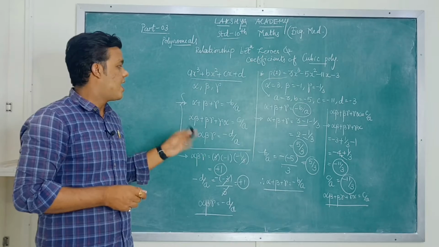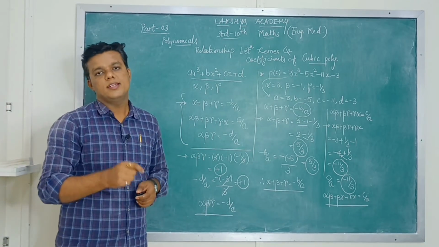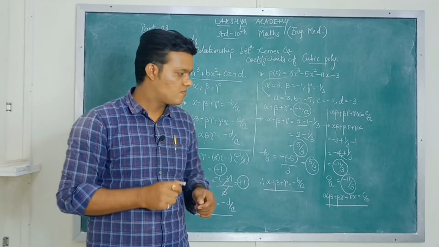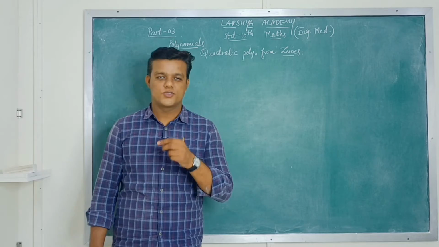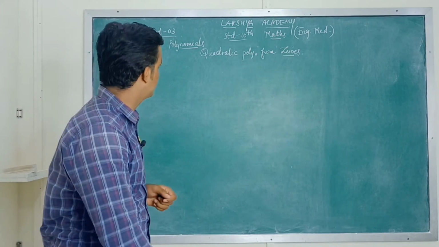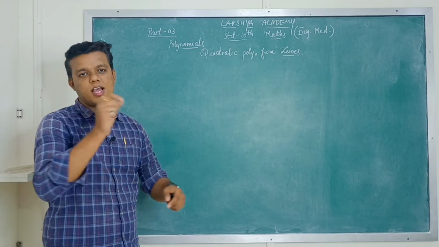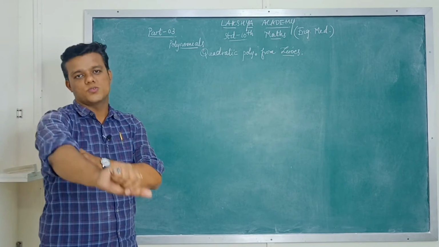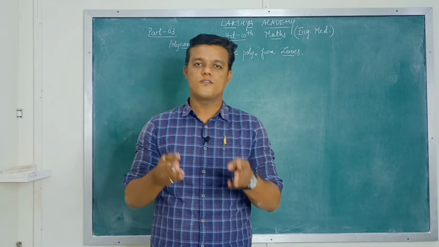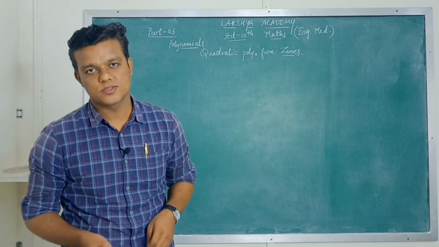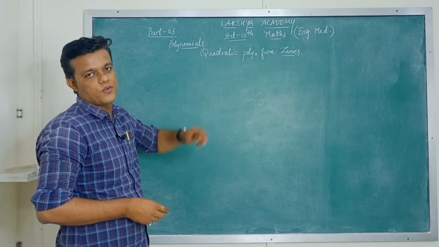Right, now we will see how we can find the quadratic equation on the basis of the given zeros. So now, moving towards how can we make a quadratic polynomial with the help of given zeros. If you have the sum of zeros and the multiplication of zeros, or if you have both the zeros, then how can one find the quadratic polynomial.